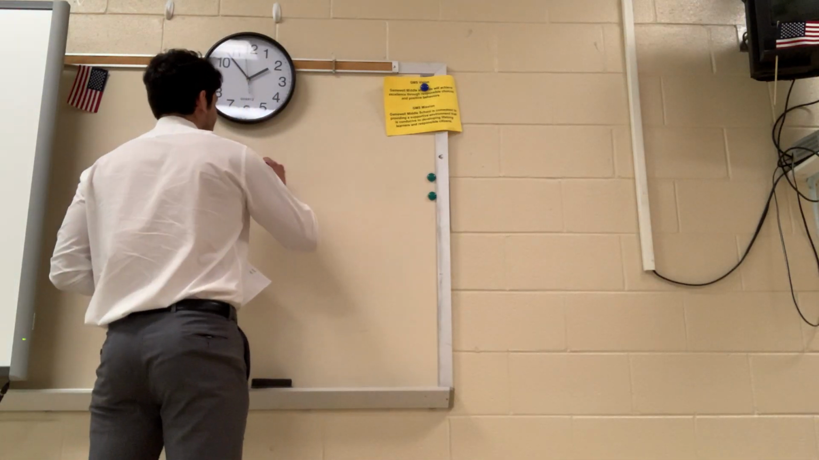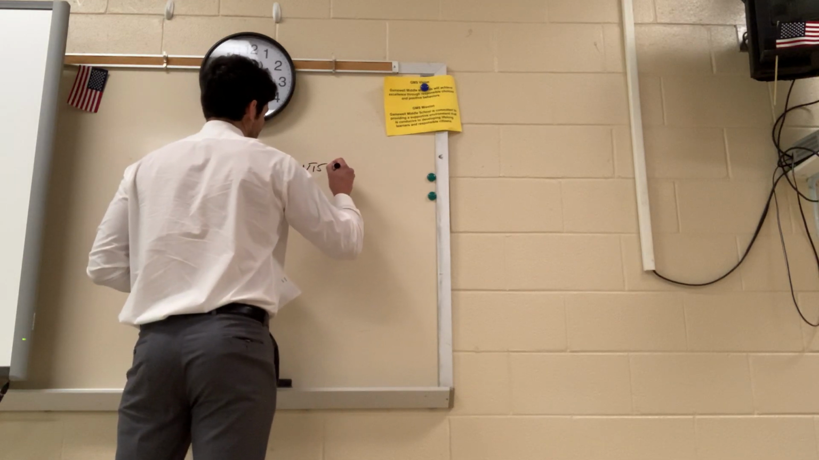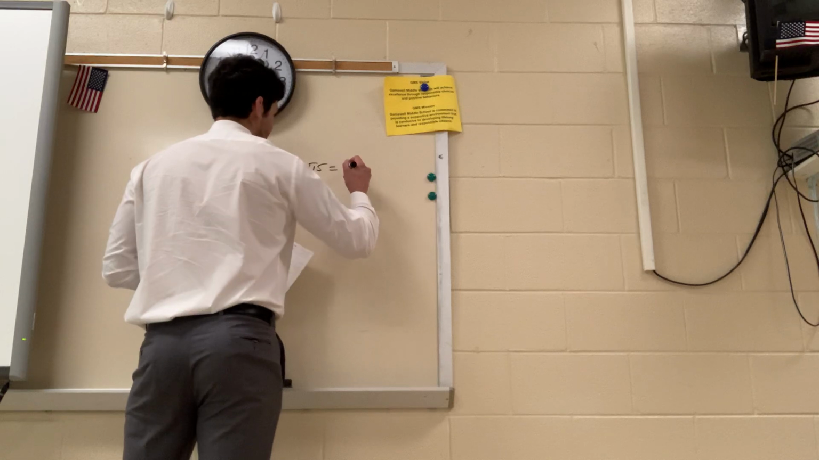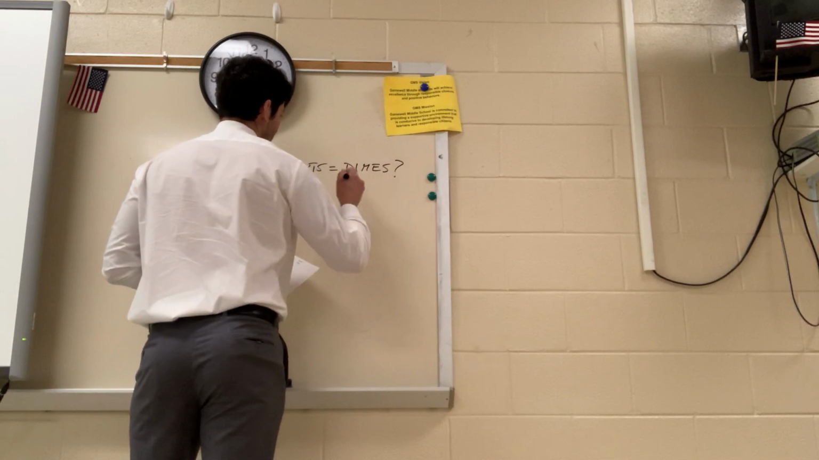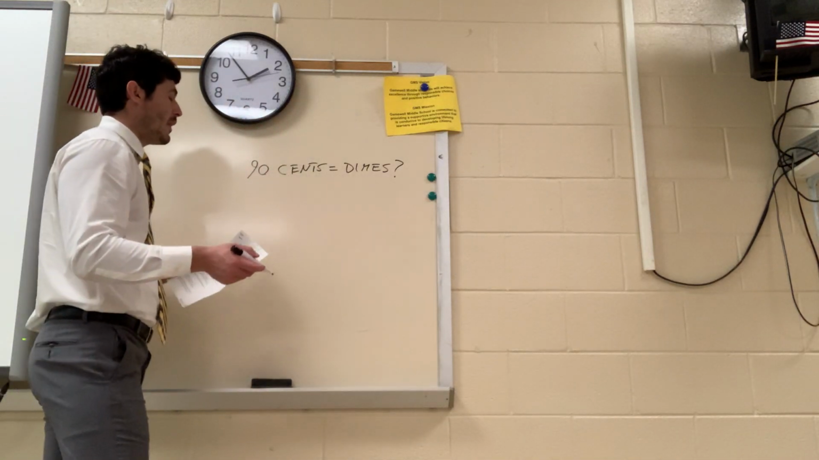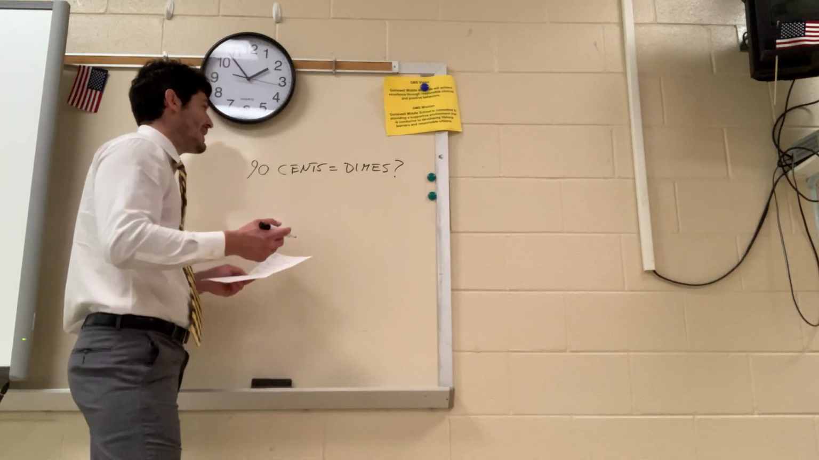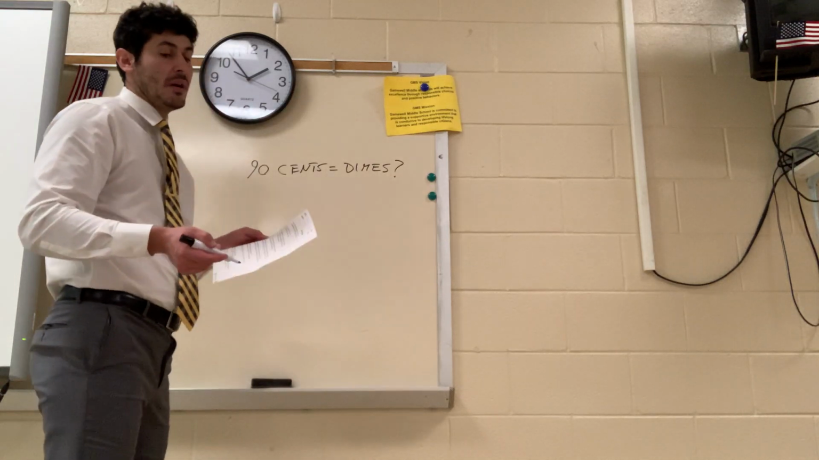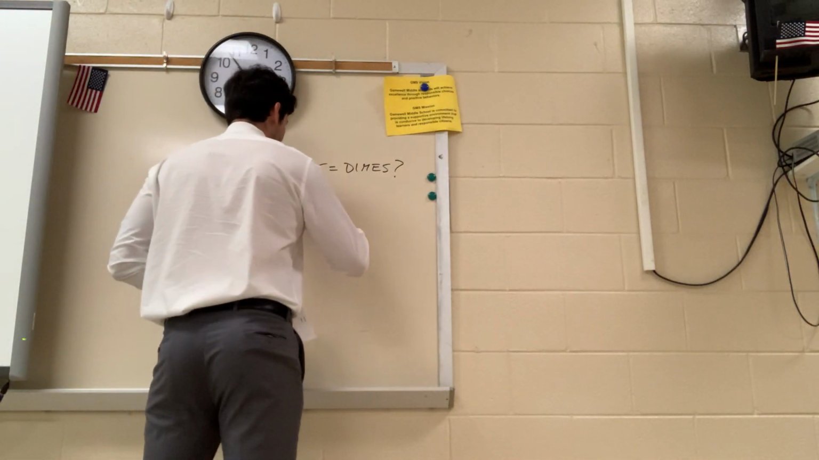So 90 cents equals how many dimes? So again, we know that one dime is 10 cents, right? So the best way, the fastest way of doing this is once again using division. You could count by 10 until you get to 90. But if you just do 90